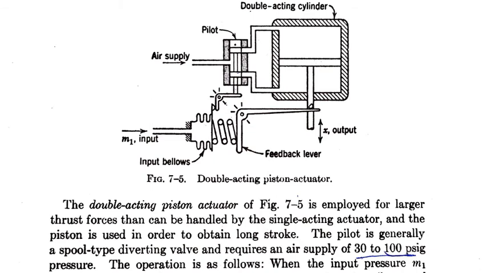Whenever this comes down, the air pressure coming from the downward direction will make that piston move up. Here we are going to eliminate the flopper nozzle mechanism. In its place, I am going to put an extra lever here. In the previous diagram we had only a feedback lever. Here we have eliminated the flopper nozzle mechanism with a lever, and the whole construction here will be replaced by the pilot valve.